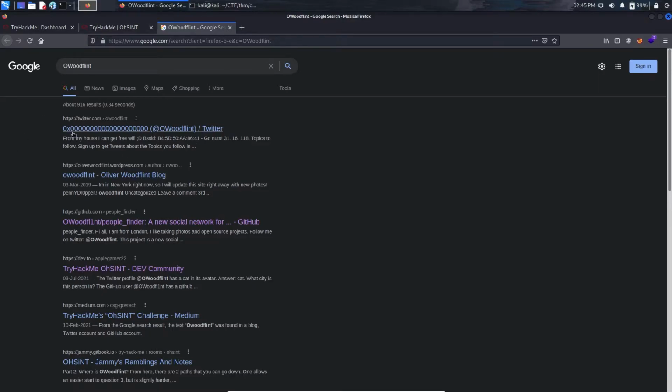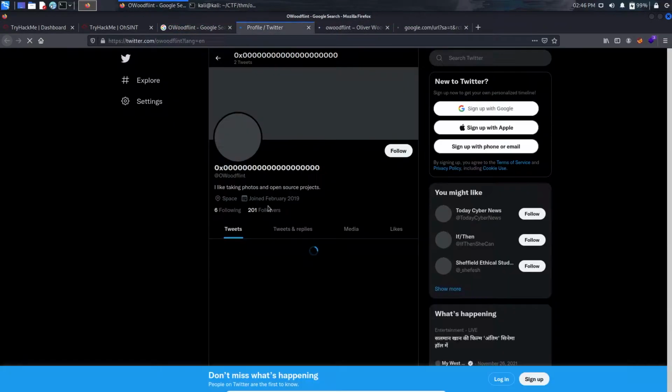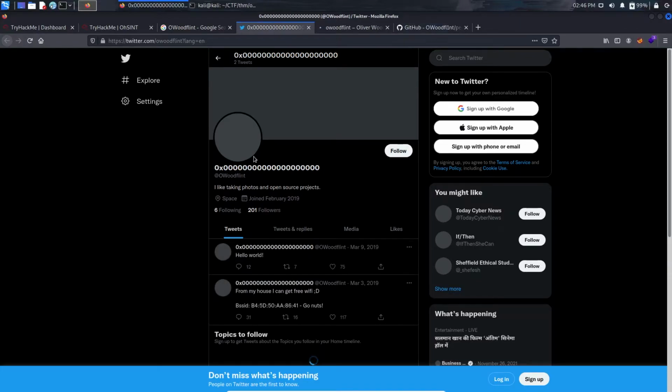Here, as you can see, we are provided with 3 links. The first one is GitHub, another is WordPress, which is a blog, and another one is Twitter. Let's open these links in different tabs. Let's go for the Twitter profile. It's taking some time to load.